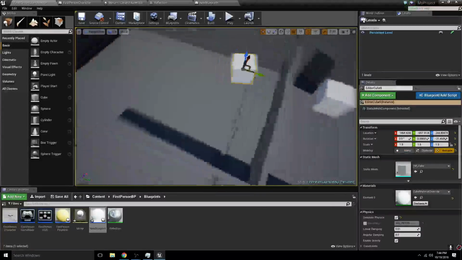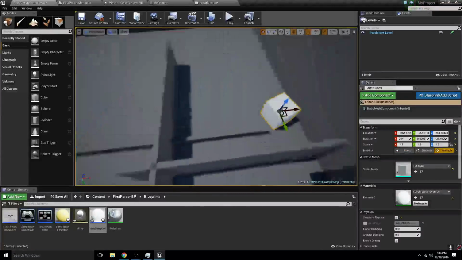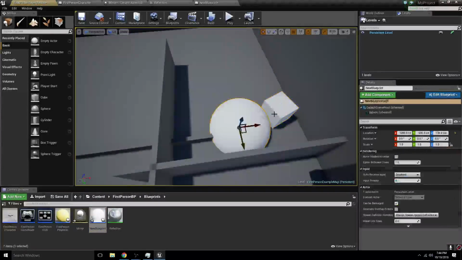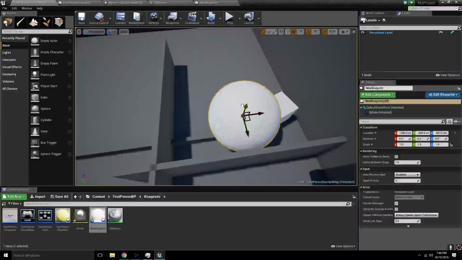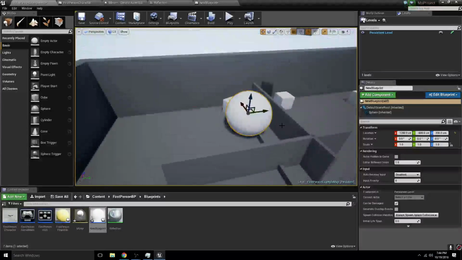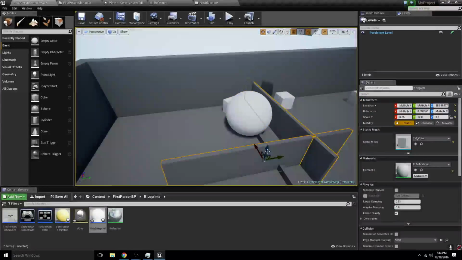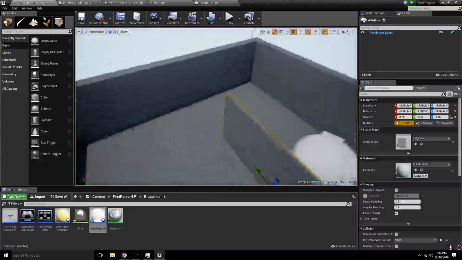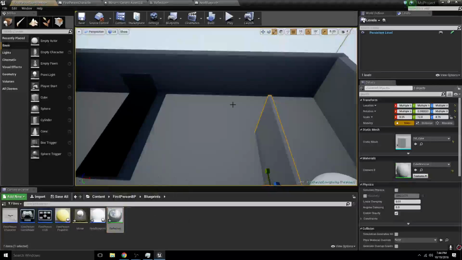Let's see. I want to add this right there. Make it quite tall. We're going to make reflection, reflection,